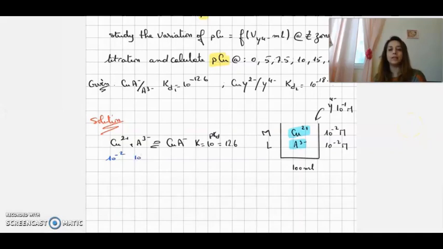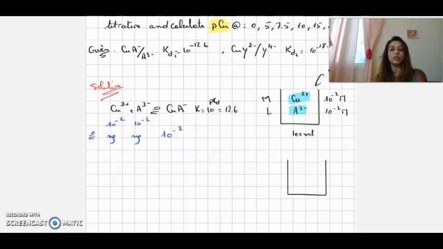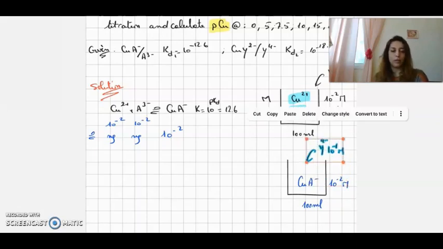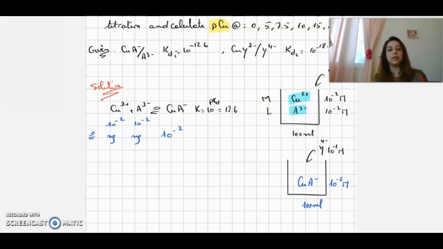Cu2+, I have 10^-2 molar, and A3- also 10^-2. At equivalence, both are negligible, and I'm forming CuA-. So at equilibrium, I have in my medium CuA-, 10^-2 molar. This CuA- will be titrated by Y4-, but as there's no other reaction before starting